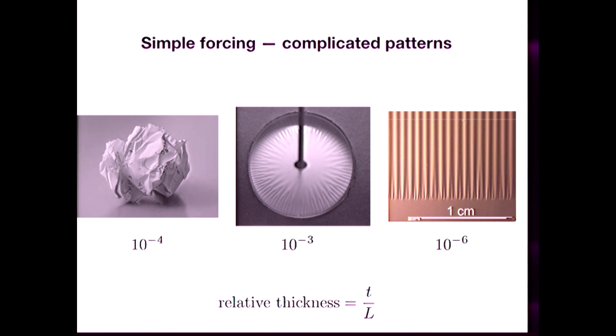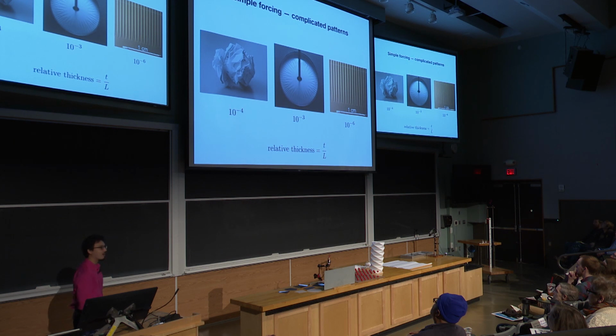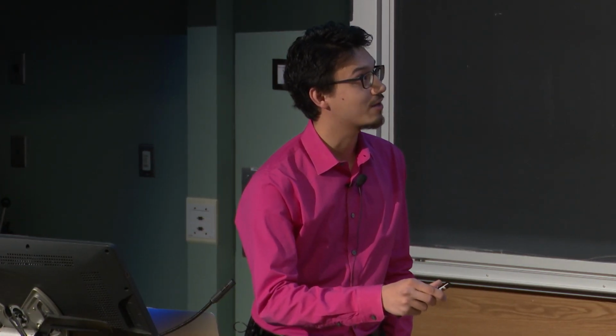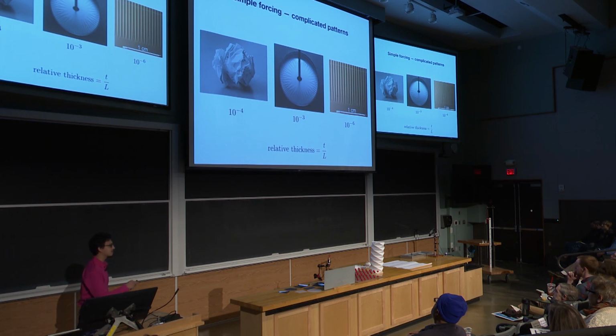So paper, crumple up a sheet of paper, that's an example of a thin elastic sheet that you've loaded in some way. And here's another experiment we'll get into later on in the talk, and we'll do that in detail. This is a floating polystyrene, so that's a polymer substance, a polystyrene sheet. This is the thinnest one that's shown on the slide at relative thickness 10 to the minus 6. Anyways, the point I'm trying to make is that your experience with crumpling paper can help you understand the kinds